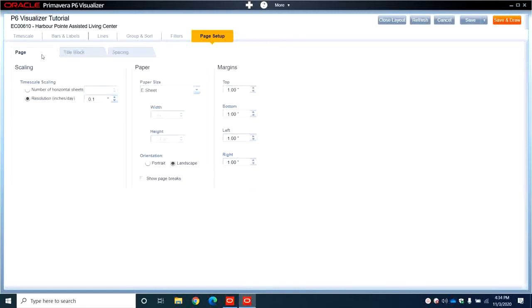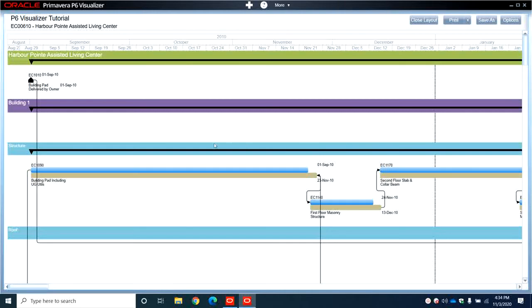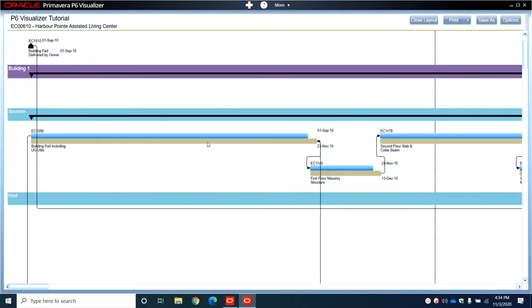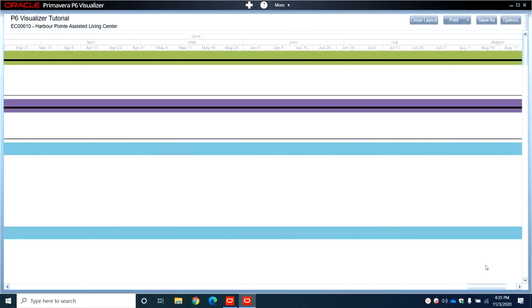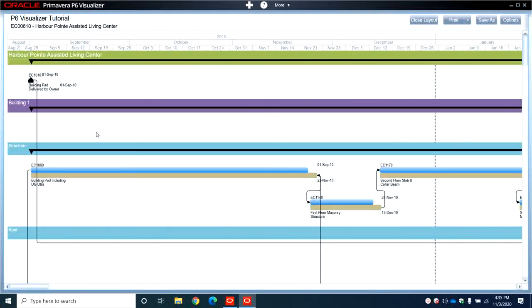spacing. So let me show you now how the layout will be presented. Then we will go back to some options, so it will be easier to see the difference between each option. So we will click on save and draw. You can see now, so it's big, it's a lot of scrolling left and right,